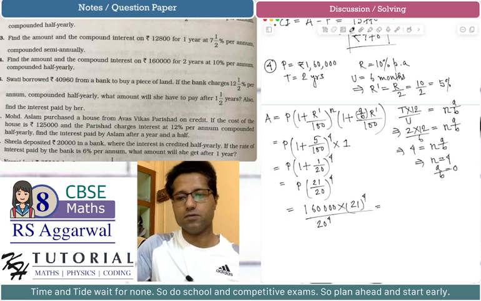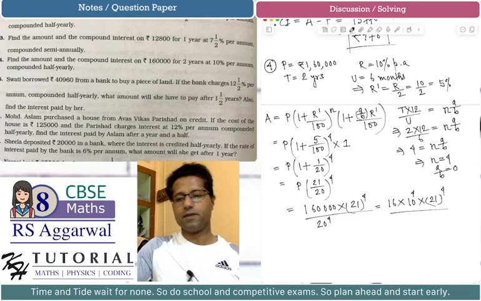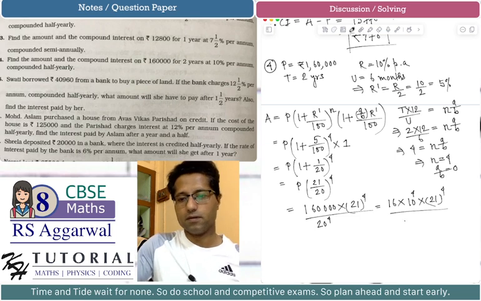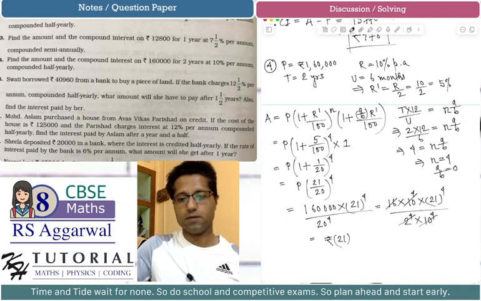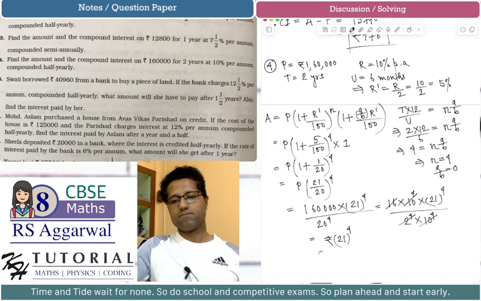Now this is equal to 16 multiplied by 10 to the power 4 multiplied by 21 to the power 4 divided by 20 to the power 4. 20 to the power 4 can be written as 2 to the power 4 multiplied by 10 to the power 4. So 2 to the power 4 is 16, this cancels out, 10 to the power 4 cancels out. So this is equal to rupees 21 to the power 4, which is,